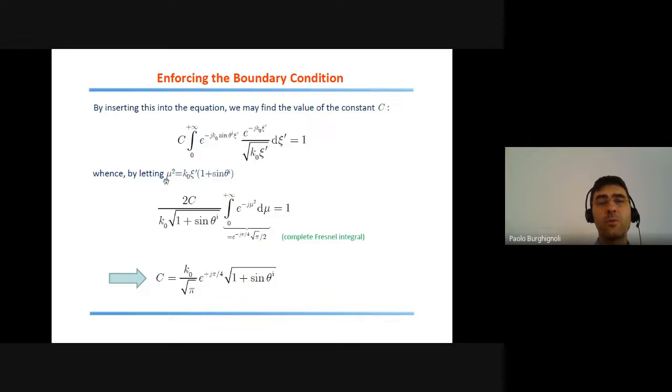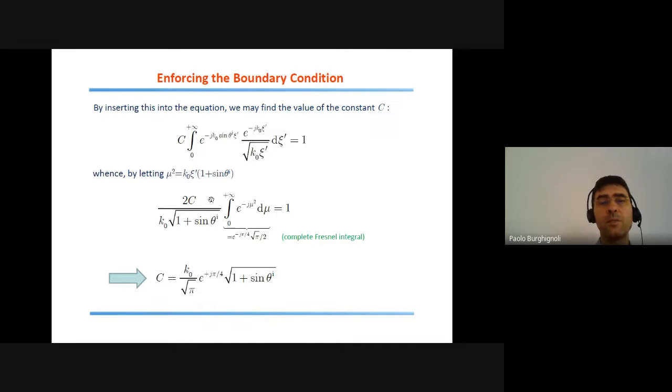Again, if you introduce a new integration variable mu, such that mu squared is equal to k0 psi prime times 1 plus the sine of the incident angle, and if you make this necessary replacement inside the integral, you will manage to cast the integral in the form of a complete Fresnel integral that we have evaluated in our second lesson by means of Cauchy theorem,